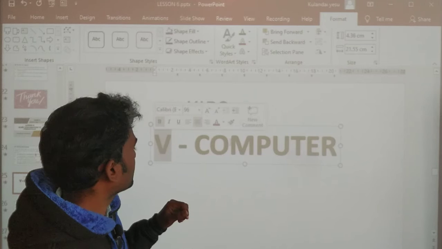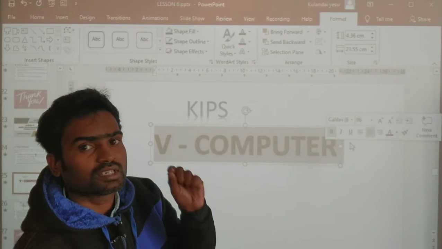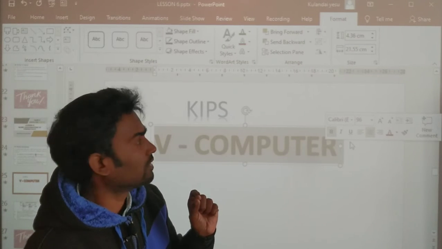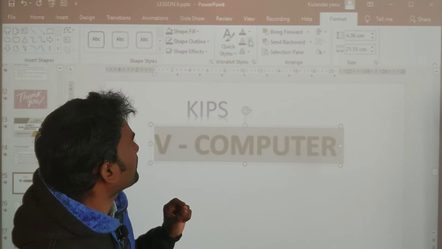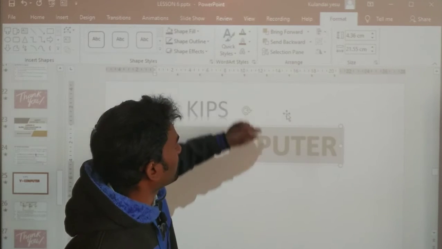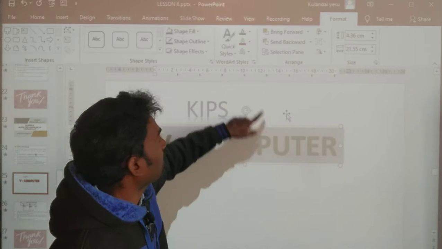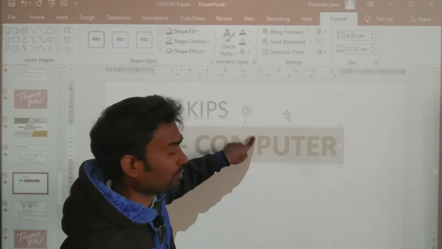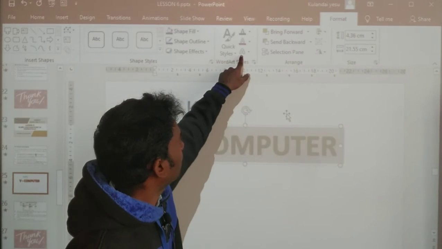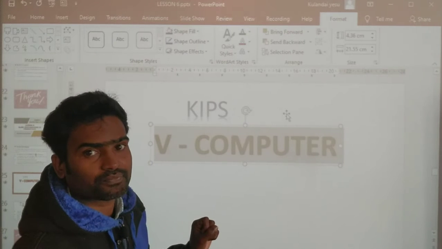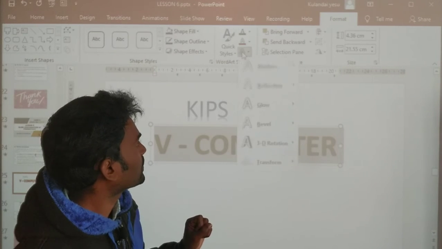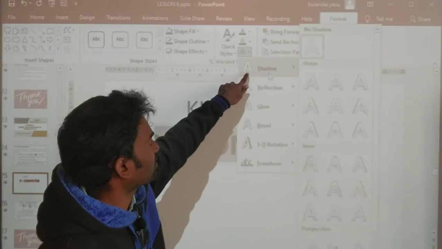Before whatever you do, select the text and do it. Right? Select first. This first one is for inside color, and the second one is border color. We can change, and the third one styles. Third one, I do that. So shadow, first one, shadow comes.